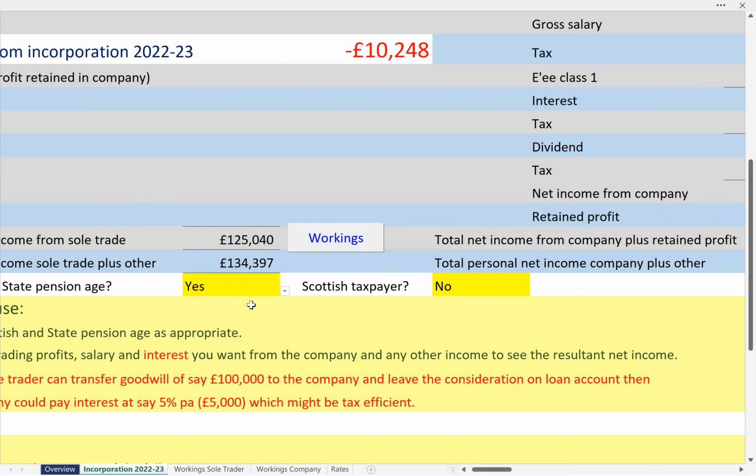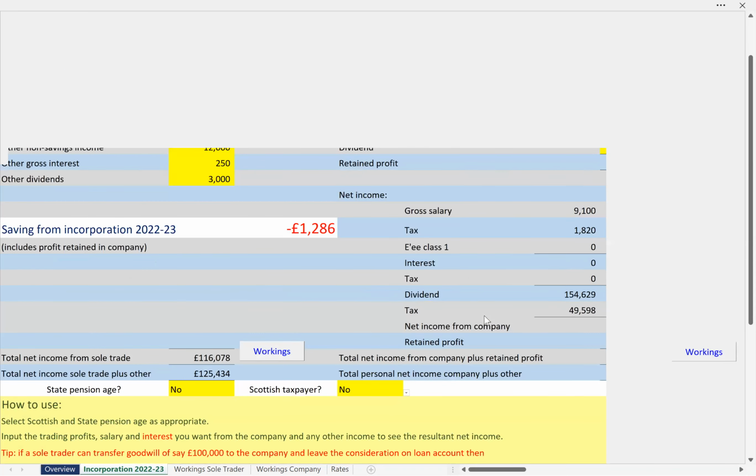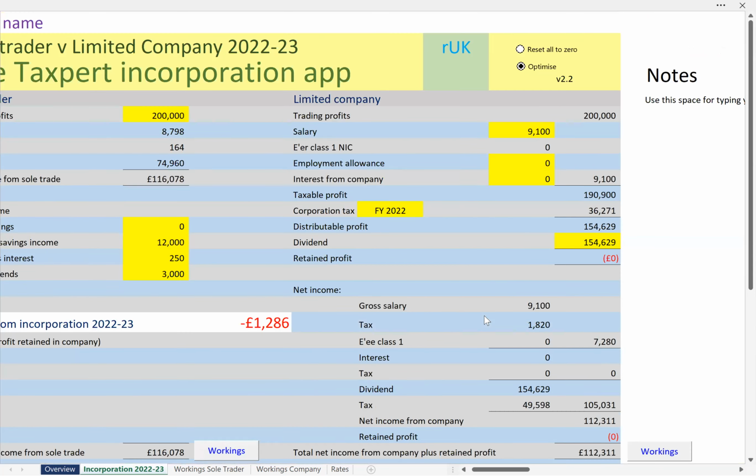Why is that? Well, it'll be to do with the national insurance contributions and the fact that of pension age, you're not liable. But the Scottish taxpayer has different tax rates to contend with, and actually, the Scottish taxpayer would be better off by incorporating, which is quite interesting. But let's just go back to this original example. And what I would suggest is that we consider the possibility of taking, let's say, £6,000 of